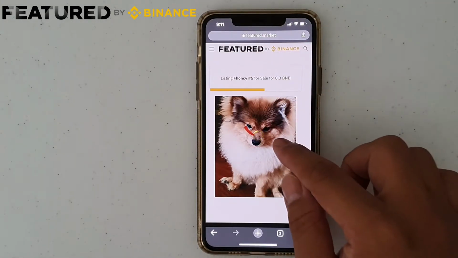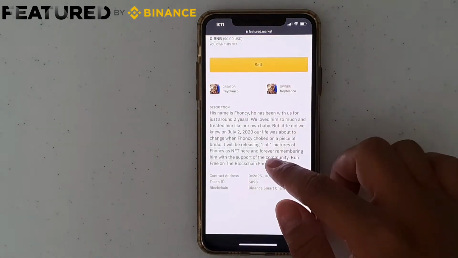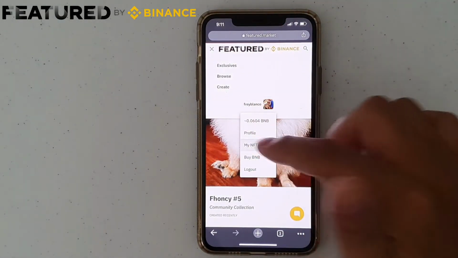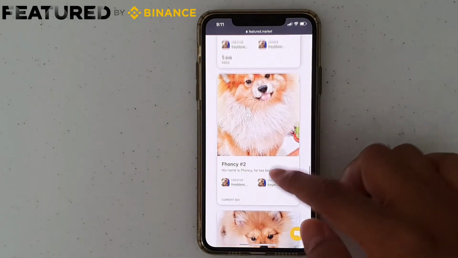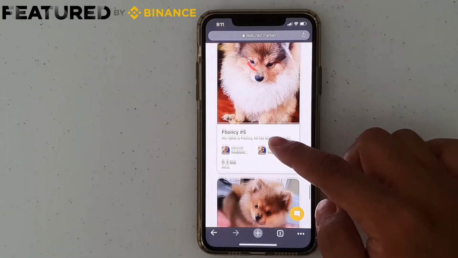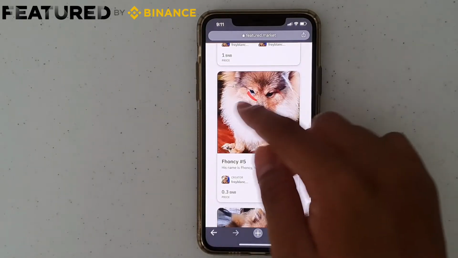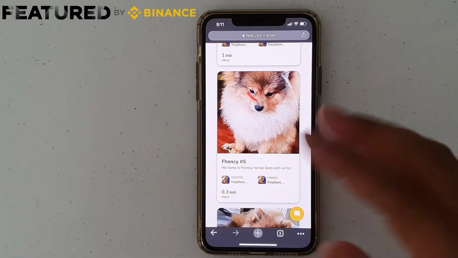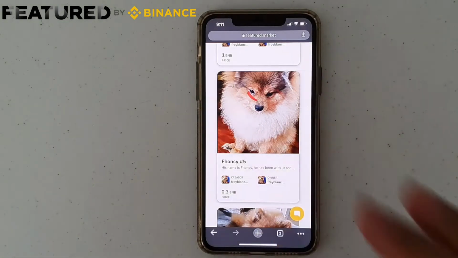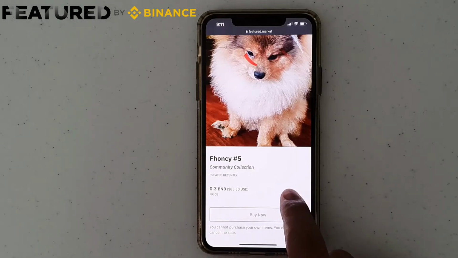Once you're able to do all these steps, you're just gonna be refreshing this. Let's go to my NFTs. 1, 2, 3. I don't have the 4. Oh shoot, I think I missed the 4. So here on the 5, I'll be making number 4 later on. Here on the number 5, it's already up for sale for 0.3 BNB,